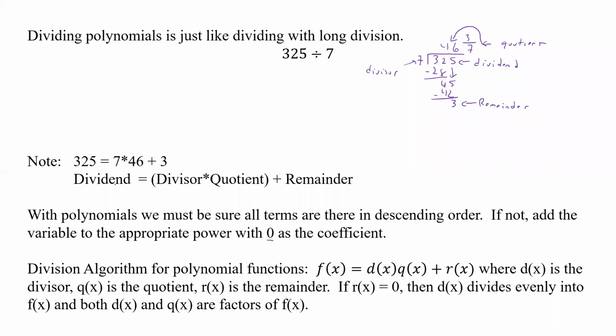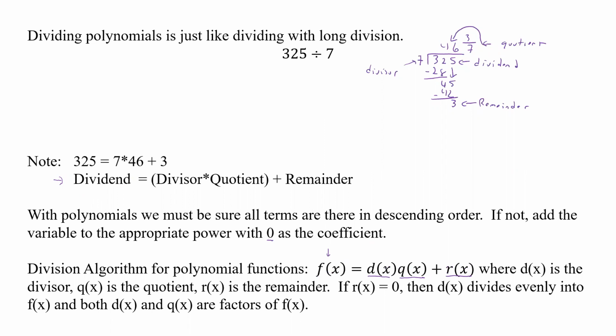All right, so just like we had this piece here, we also have that for the division algorithm for polynomials. And with polynomials, because they're a function, what we're going to say is f of x, our function of x, is equal to d of x, which is our divisor, times q of x, which is our quotient, plus our r of x, which is our remainder. And if we multiply them back out and add it together, we're going to get back our original polynomial